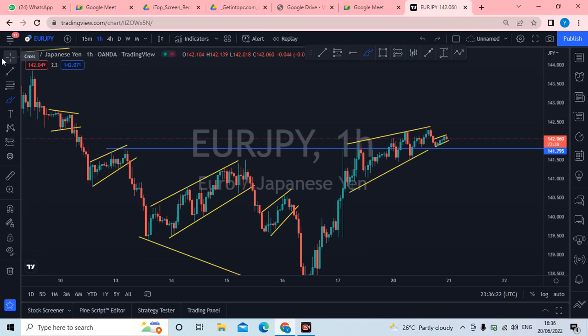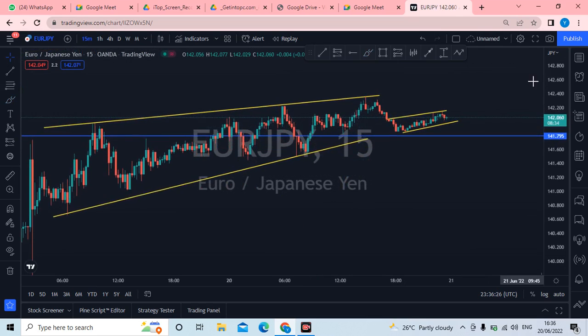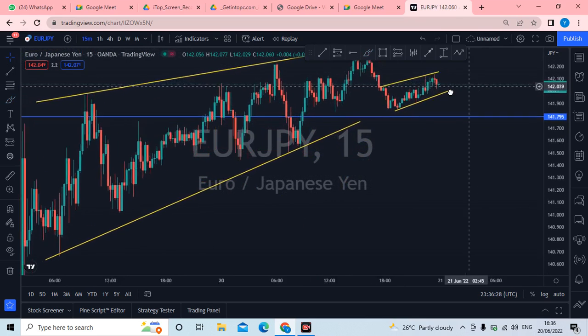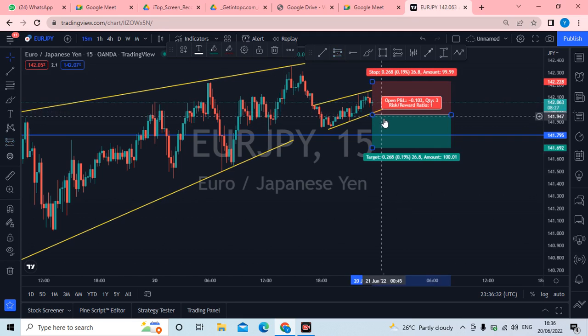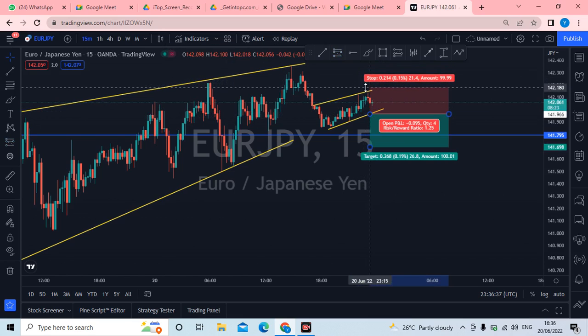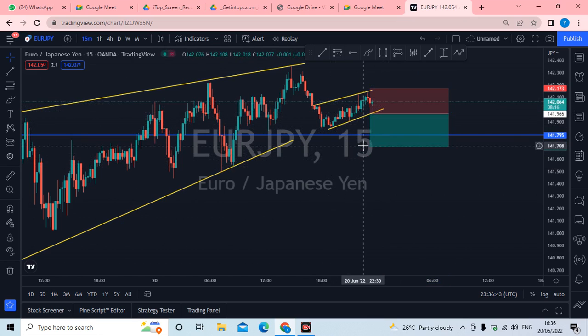So you keep it simple. Let's come to the 15 minutes time frame, and then you pick your sell stop order, a pending order, place it here like 4 pips below this trend line here, and then a stop loss here, so 20 pips stop loss. So when price moves to this level, so your first TP,